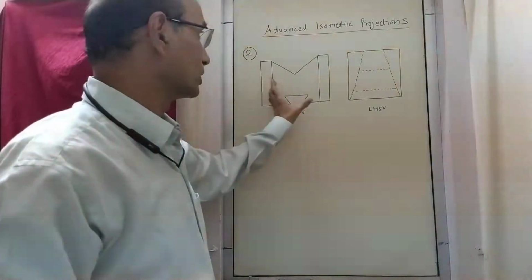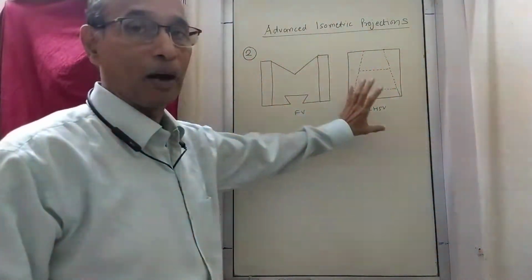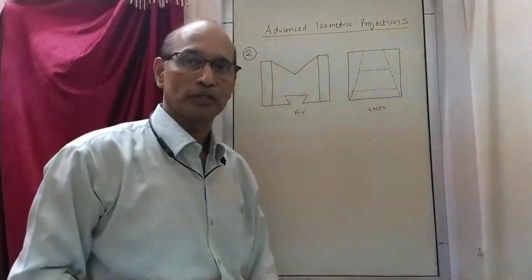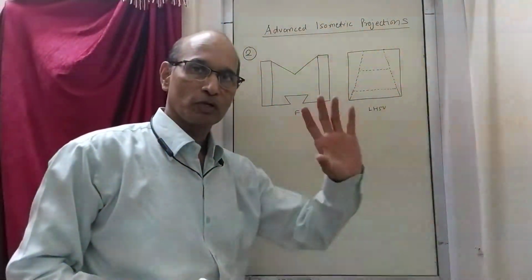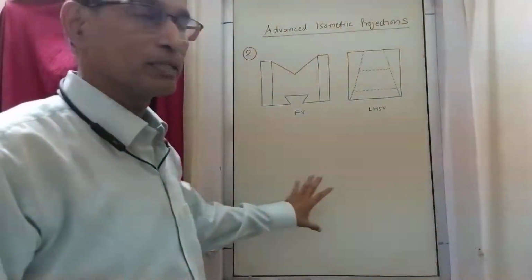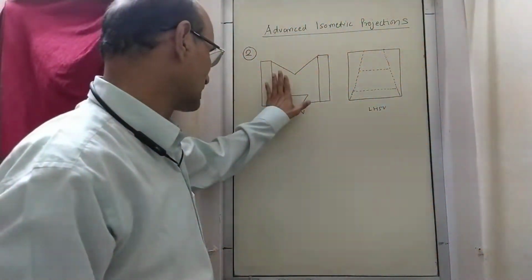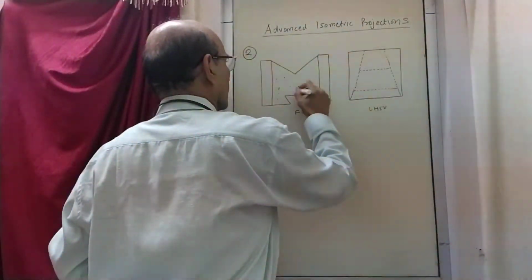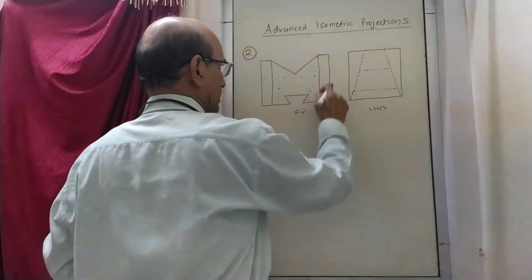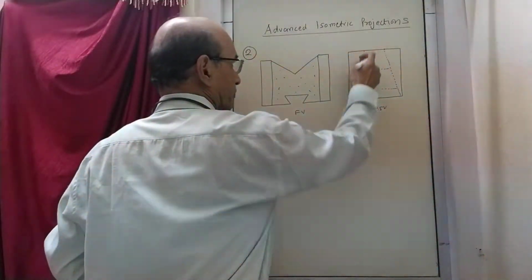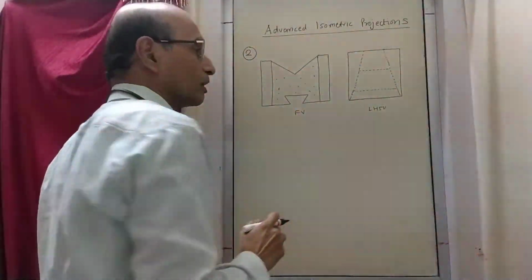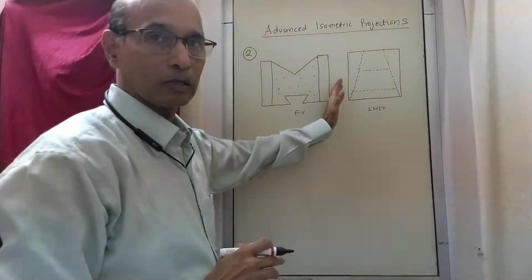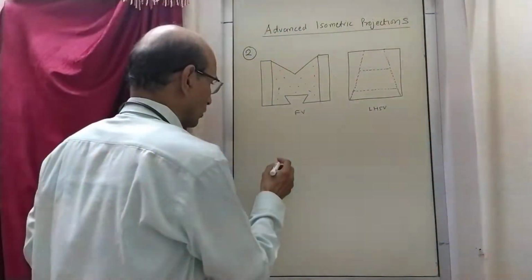The reason is, if you notice, first of all you have to understand how the part is made up. So the first thing is to visualize the part based on the information that is given here. Once you understand how the part is, the next thing is how to draw it. And you will realize that this entire surface is here, and this is the one which is inclined. That means you can imagine that there was a simple block like this, a box, maybe I will draw it here.